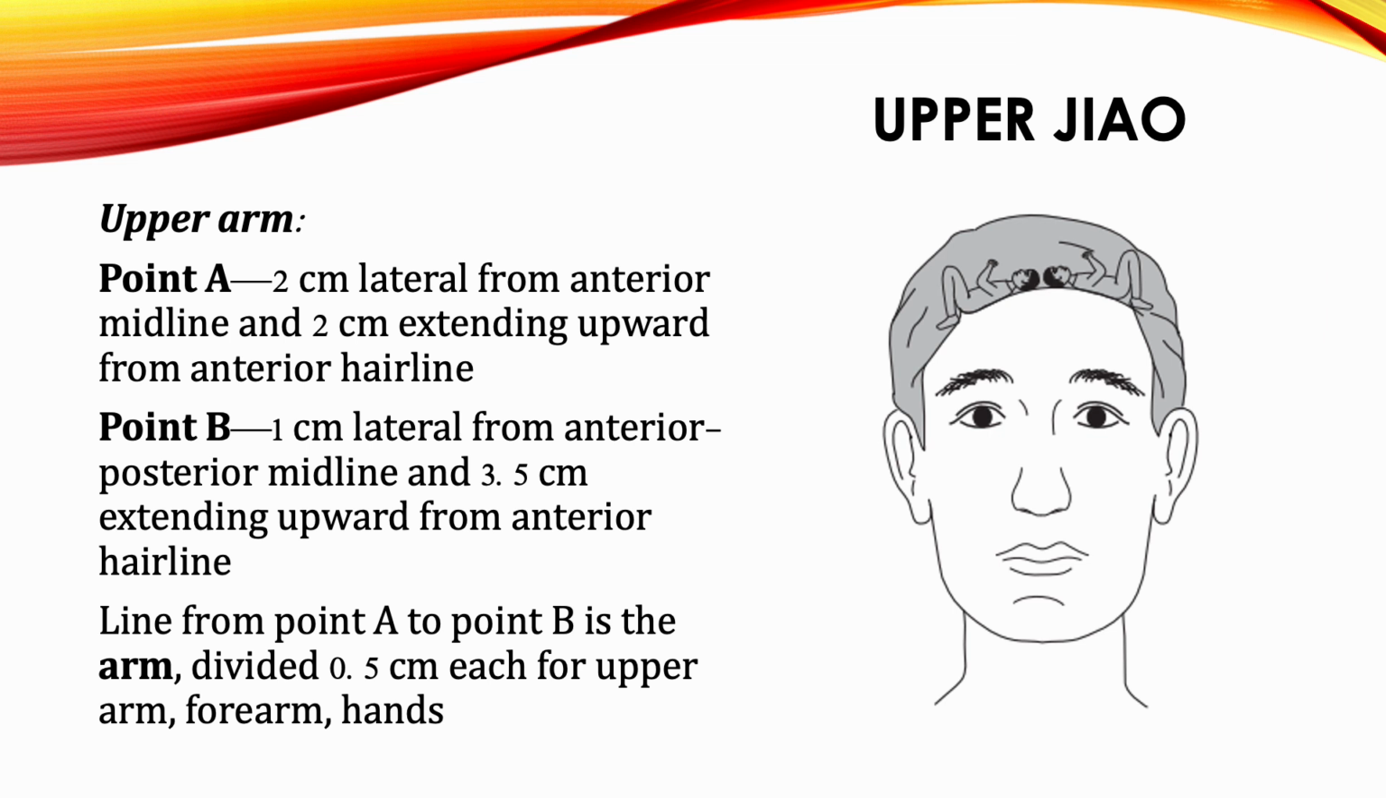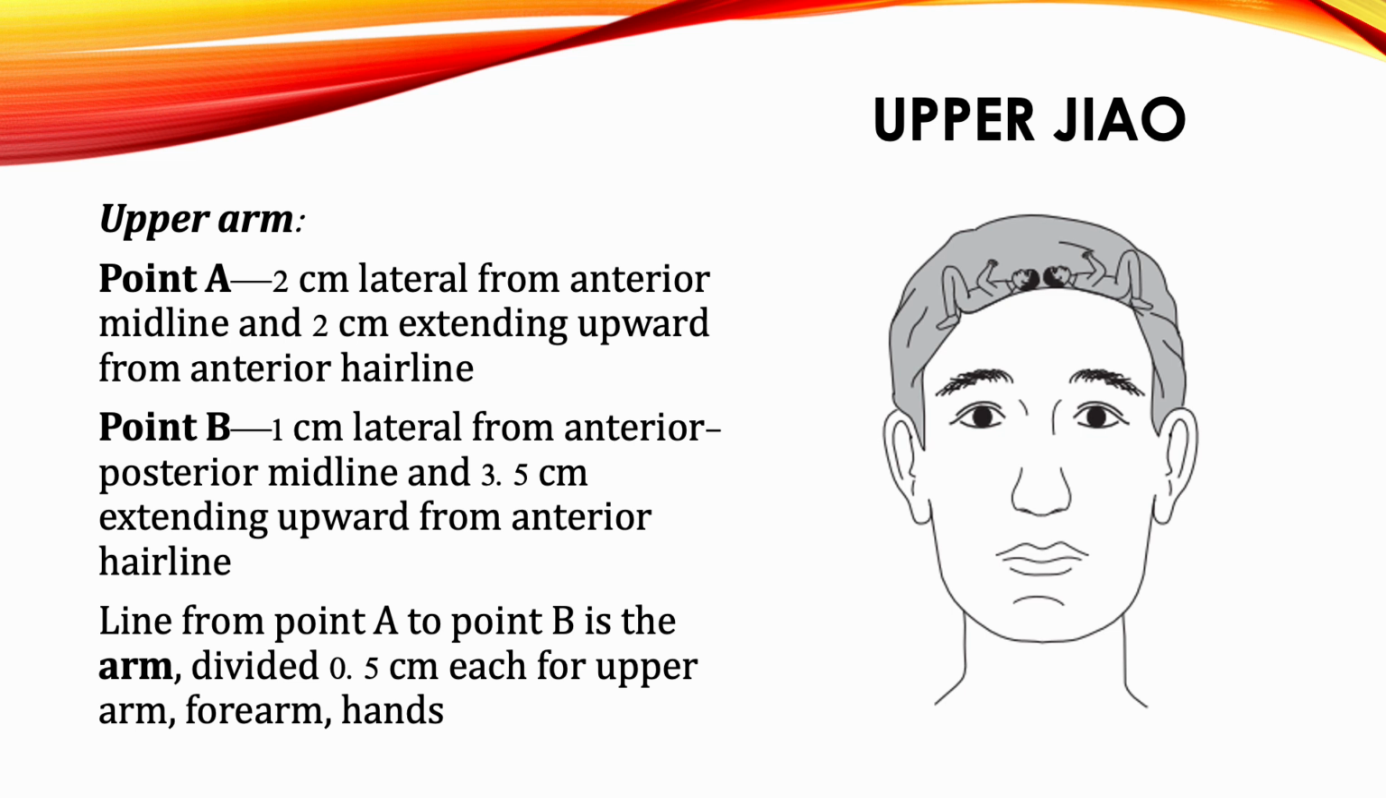Upper arm, point A, 2 centimeters lateral from the anterior midline and 2 centimeters extending upward from the anterior hairline. Point B is 1 centimeter lateral from the anterior posterior midline and 3.5 centimeters extending upward from the anterior hairline. The line from point A to point B is the arm, divided 0.5 centimeter each for the upper arm, forearm,